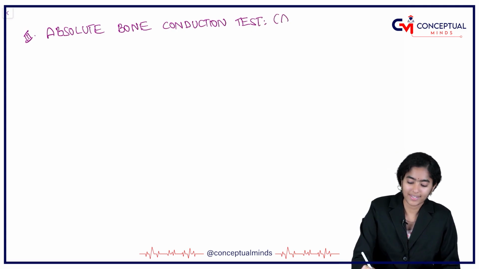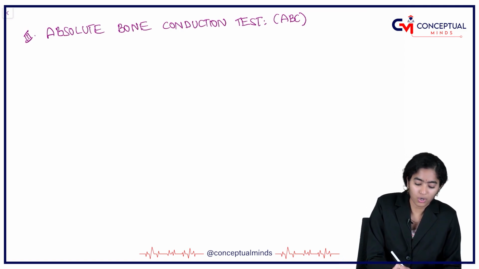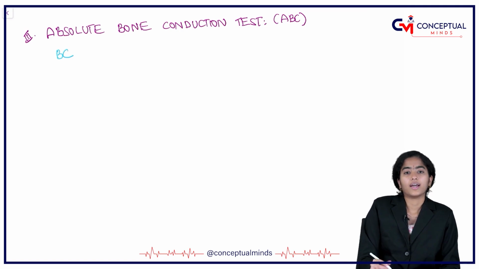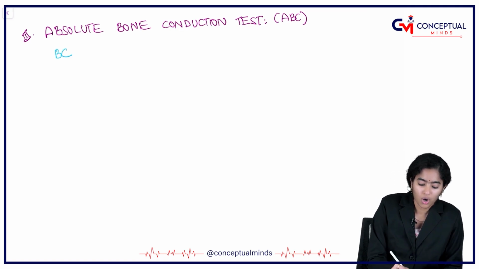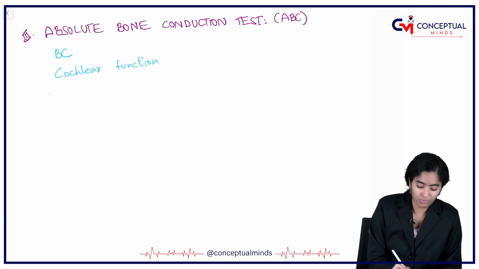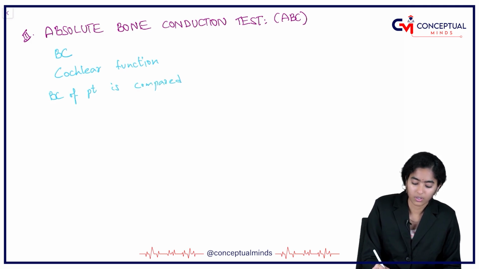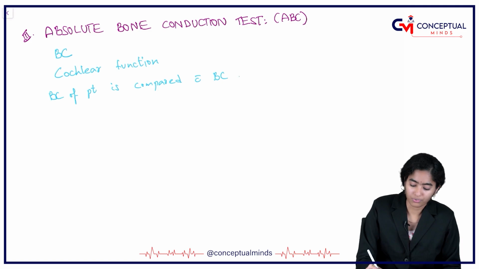Also known as ABC. So as the name suggests, we are checking for bone conduction. It is a measure of cochlear function. We are measuring the sensorineural component. So how do we perform this test is, the bone conduction of the patient is compared with bone conduction of examiner